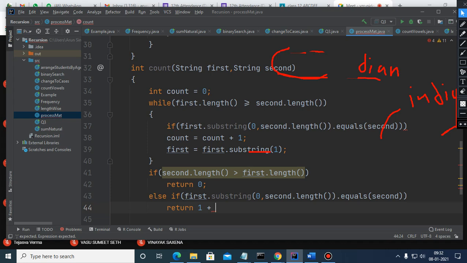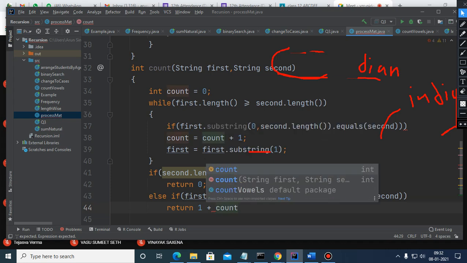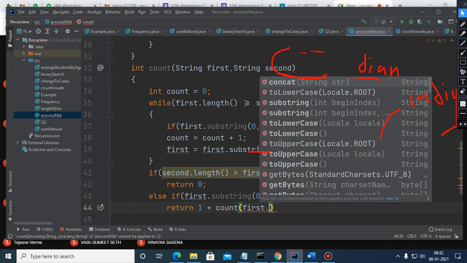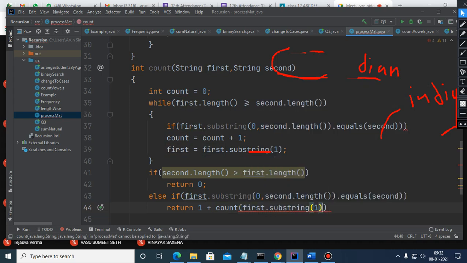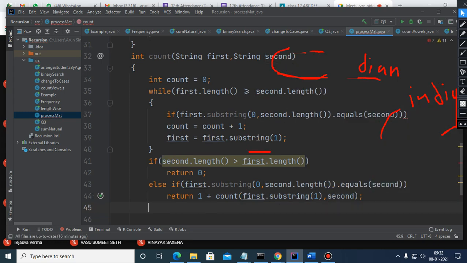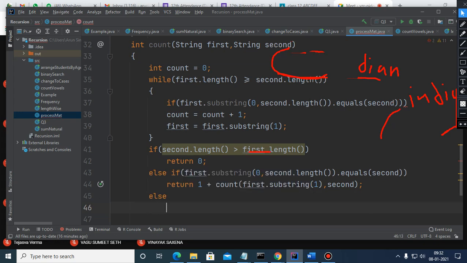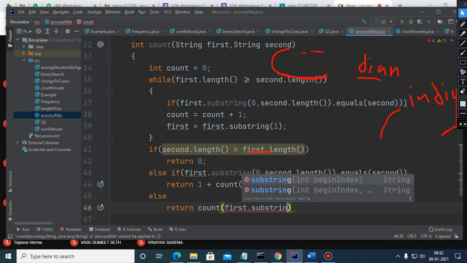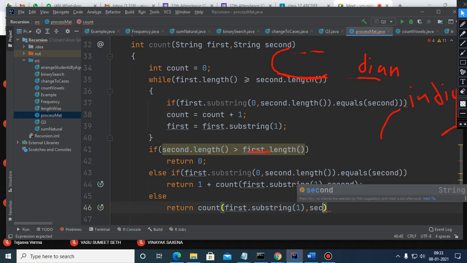So that is count, this is the function, and first dot substring 1 comma second. So this is the case when 1 will get added. Else part will execute when there is no match. So no need to count, just write first dot substring 1 comma second.